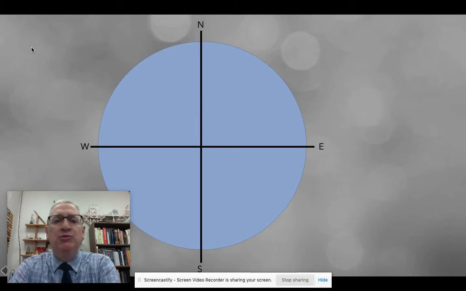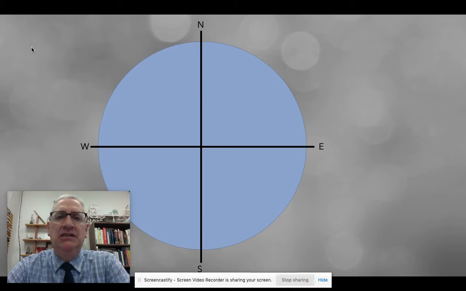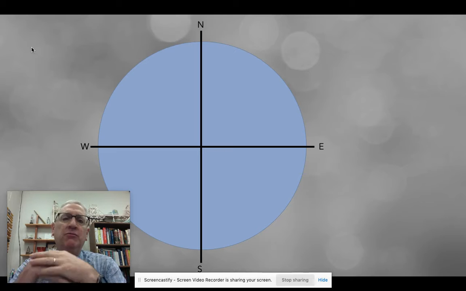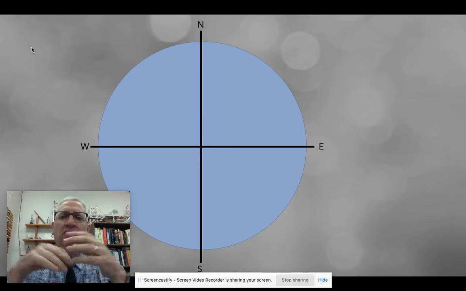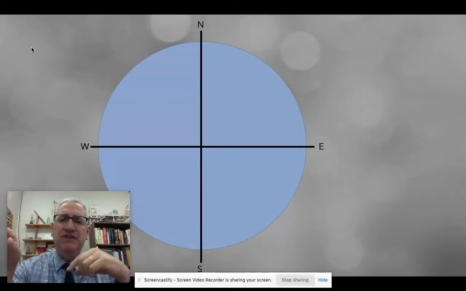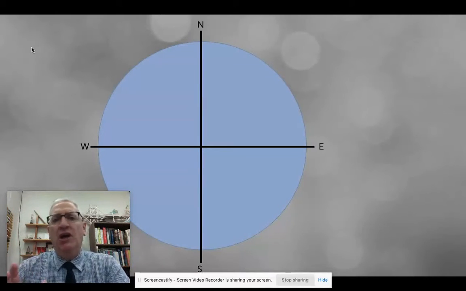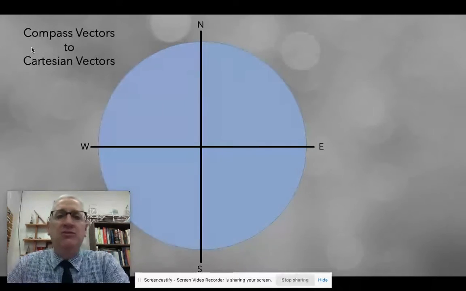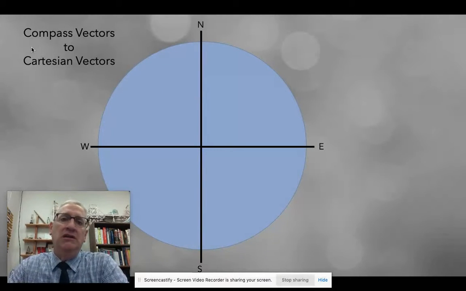Hi, this is Dale from Newton's Closet, and one of the things that is really confusing for most people is when we're trying to use compass notation and compass vectors, and we have been taught how to do Cartesian coordinate vectors. And so what we're going to do today is work on how to get the two